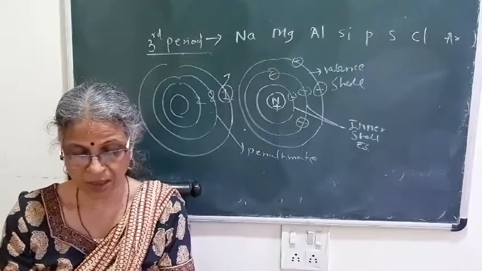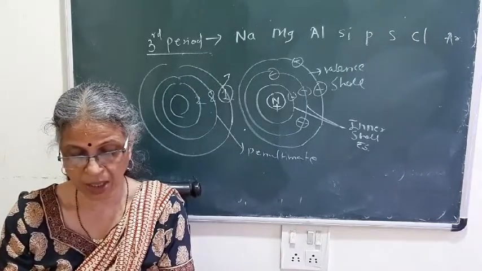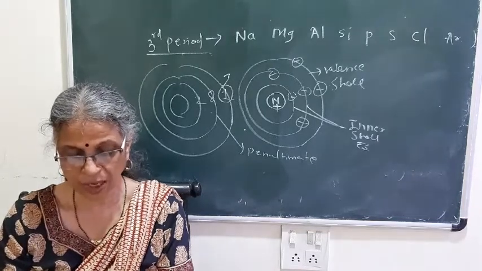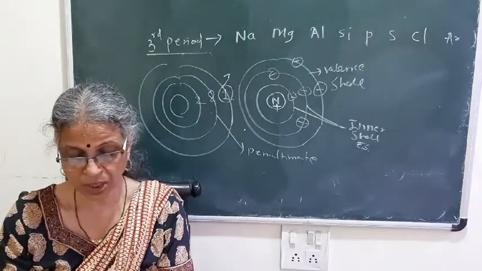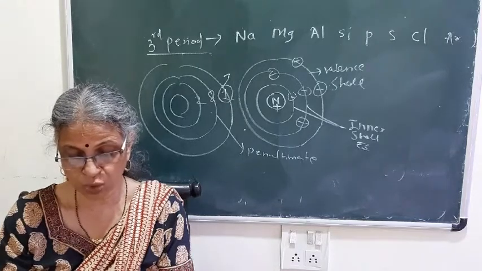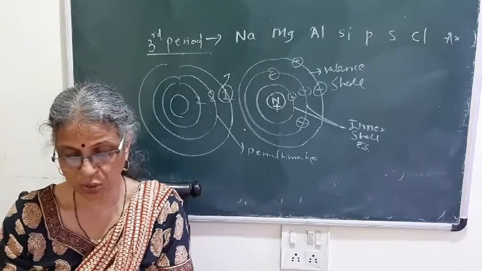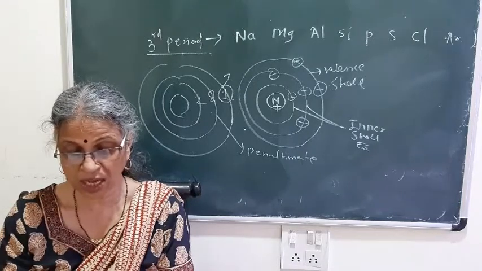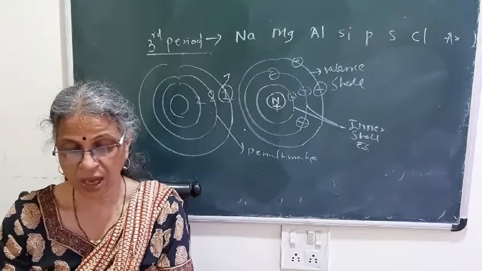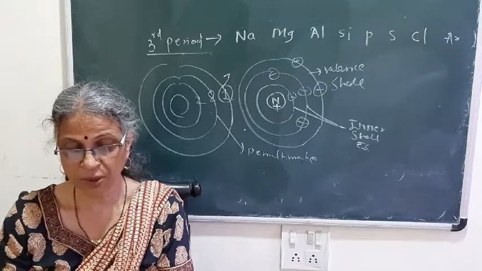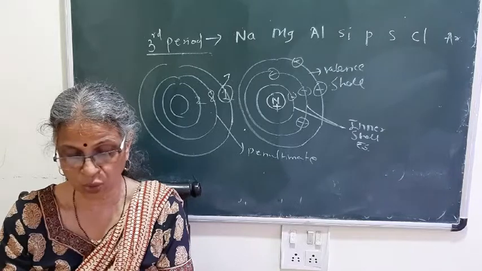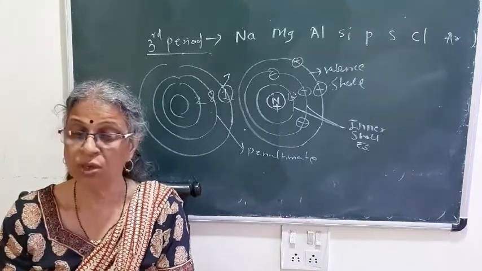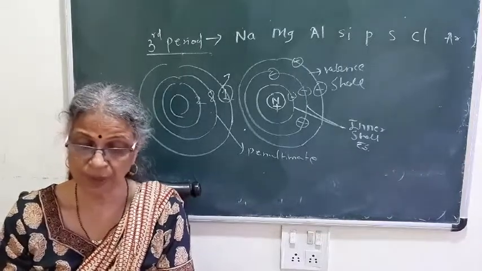With which of the following elements would this element resemble? Atomic numbers are given in the brackets: nitrogen 7, beryllium 4, argon 18, chlorine 17. Nitrogen will have configuration 2, 5; beryllium 2, 2; argon 2, 8, 8; chlorine 2, 8, 7. So beryllium is the one having 2 electrons in the last orbit, as in the given configuration 2, 8, 2. So it will resemble beryllium, atomic number 4. That is the answer to question number 3.